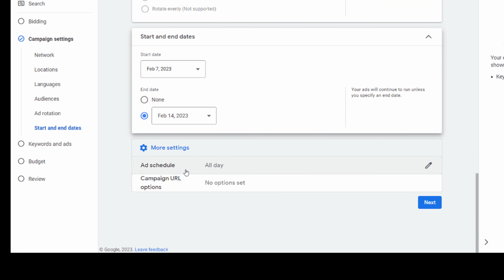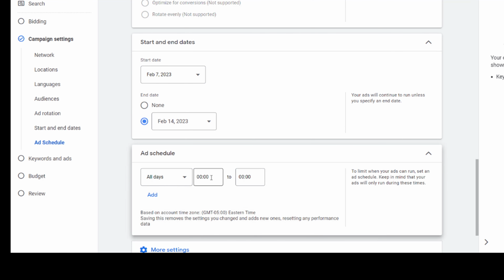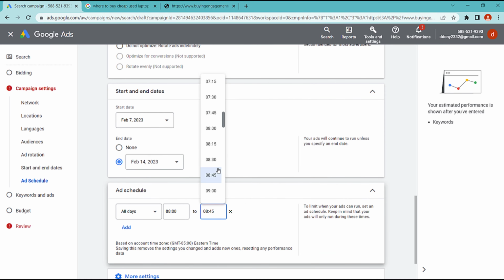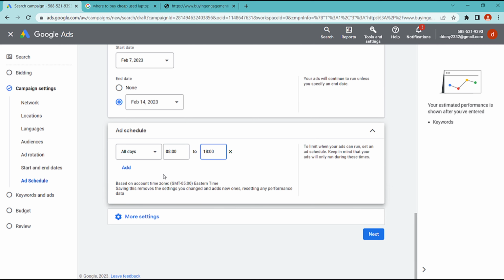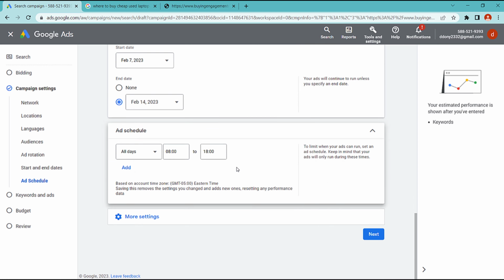And you can add your schedule in here. You can put all day or only in certain hours. Okay, and then choose next.